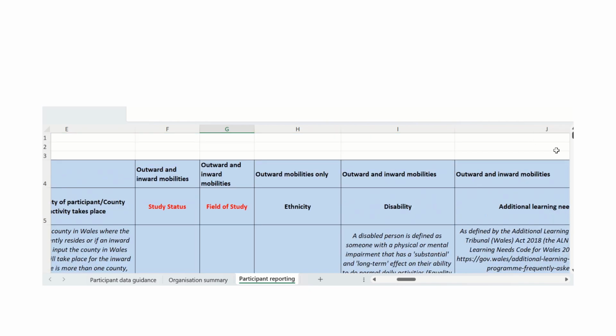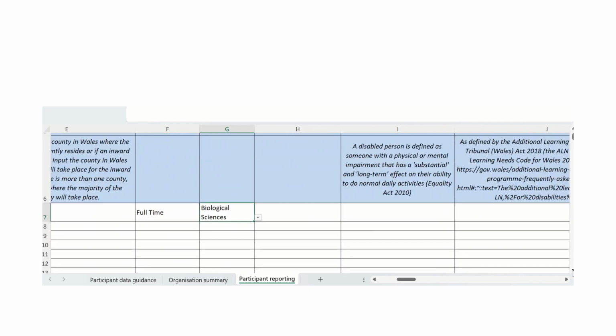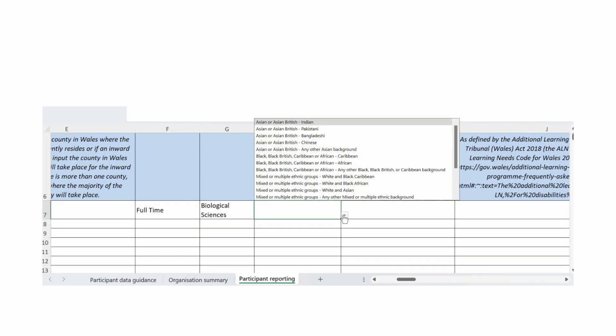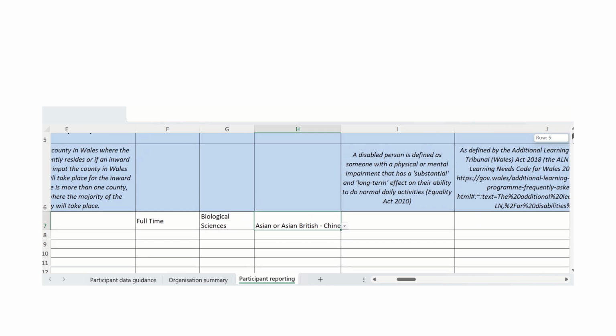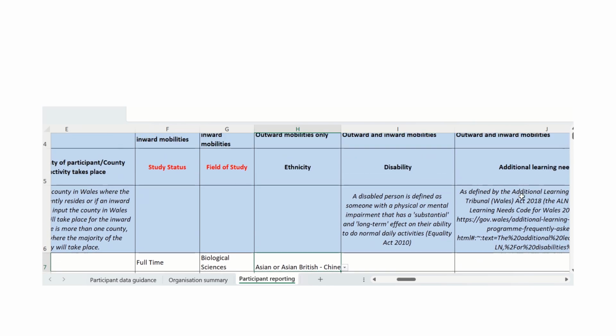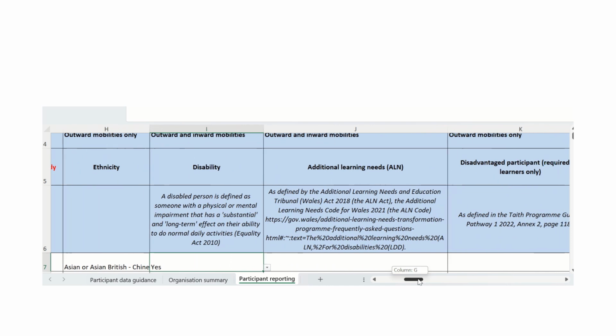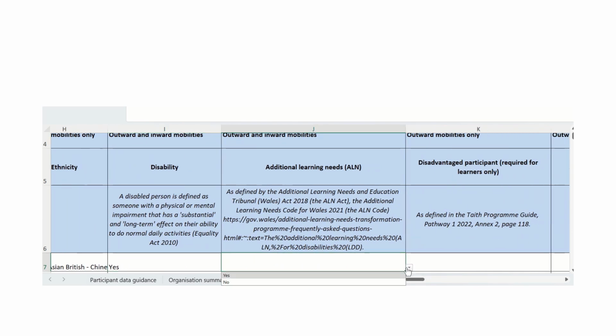So I'll do that now. And then I will just select the relevant options for this participant. I'll put yes against disability and no for the others.